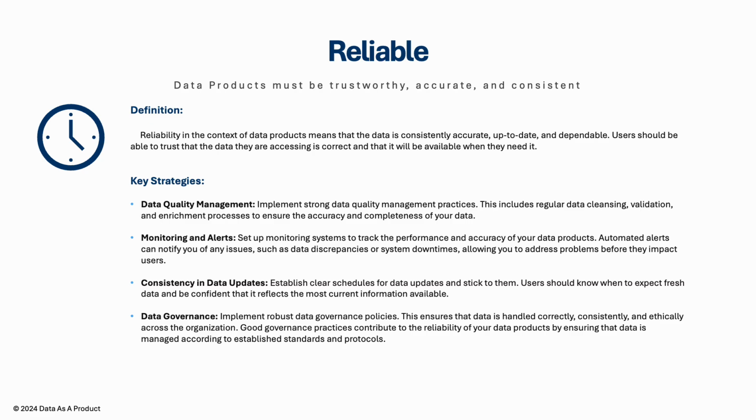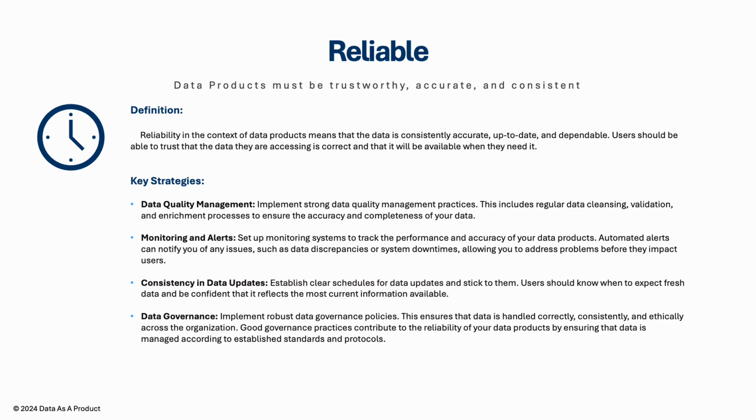So here are some strategies. First, DQM, or data quality management. We have to implement strong data quality management practices. This includes regular data cleansing, validation, and enrichment processes to ensure the accuracy and completeness of your data. Monitoring alerts are very important. If a dashboard doesn't refresh, we need to have an alert, and that's because it's being monitored. By setting up monitoring systems to track the performance and accuracy of your data products, automated alerts will notify you of any issues, such as data discrepancies or system downtimes,